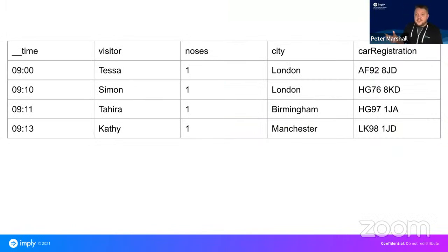If you look at this data here, for example, it might be that the users think they need to know the number of noses that each person has, and they might think that in order to do a count distinct, they need visitor and car registration. But data analysts and data engineers will look at this and go, well, actually, knowing what the end users are going to ask, I don't need all of that. And doing that exercise on an ongoing basis is really important